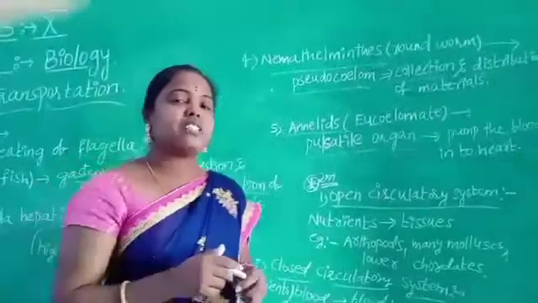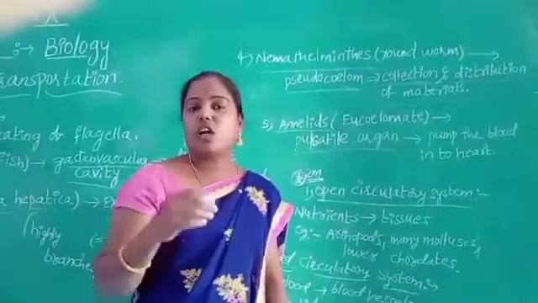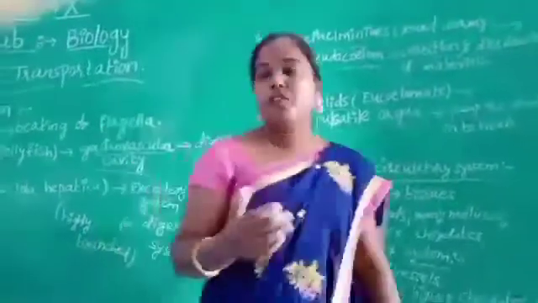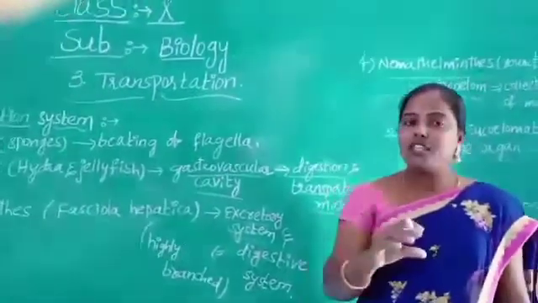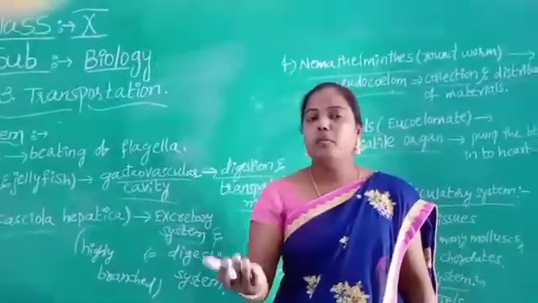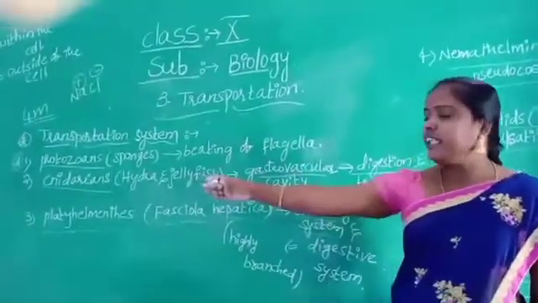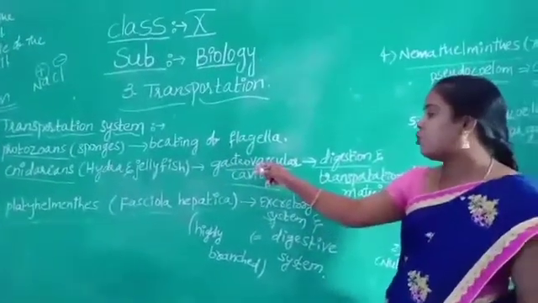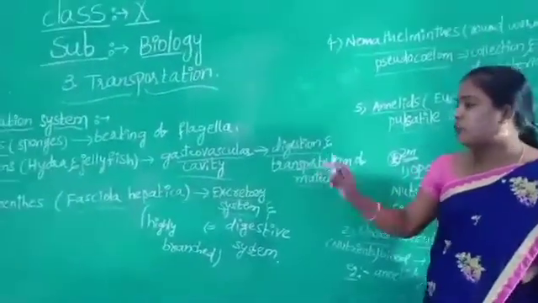So up to now what we discussed, children, are the special organs which are present in the unicellular organisms to carry different types of functions. The first one, protozoa, example sponges. When sponges live in normal water, by beating flagella they can create power. By using this power they can move from one place to another place. The second one is the cnidarians, example hydra and jellyfish, which contain a special organ that is called the gastrovascular cavity, which is responsible for digestion and transportation of material.